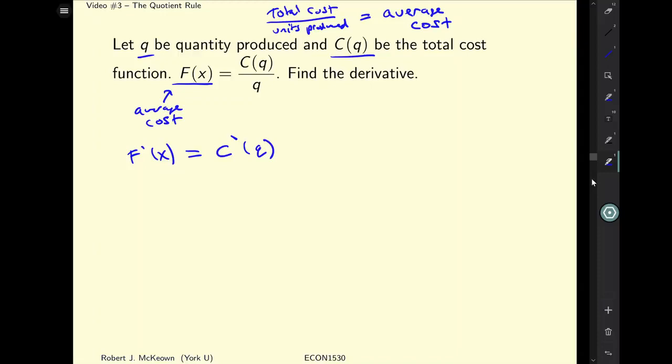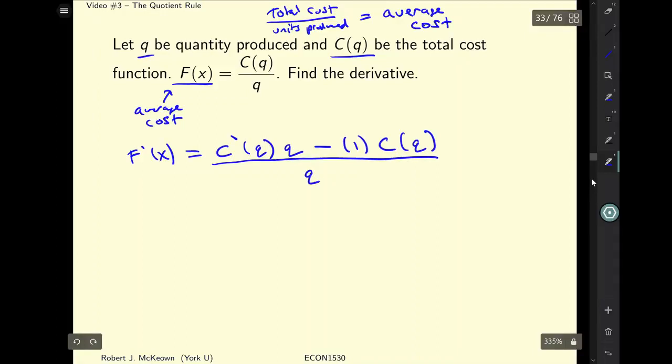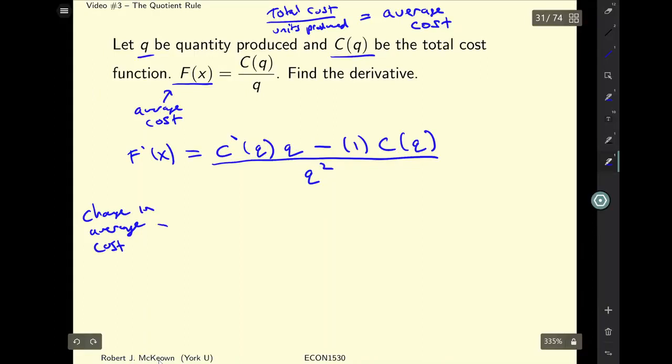That's the first derivative of the cost function, multiplied by Q, the denominator, minus the derivative of the denominator multiplied by the numerator, the cost function. And the whole thing is going to be divided by Q squared, because we take the denominator and we square it. Now, rewriting this, we have the change in average cost is equal to